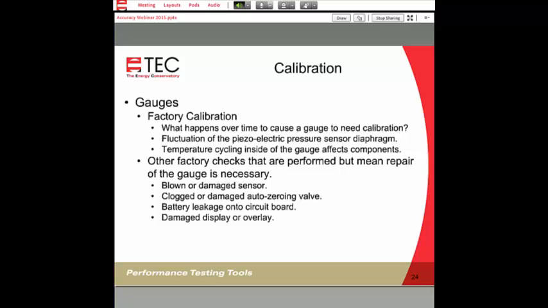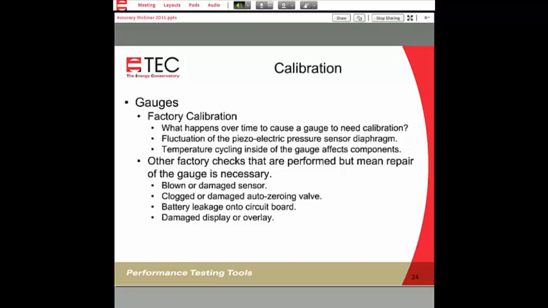The other thing that affects calibration is the temperature cycling inside of a gauge. You may or may not have noticed it, but if you're holding on to it when you turn the gauge on, with the electronics that are running, the sensor, the auto zero valves, the processor, the display, and all that, there is a temperature change internally.